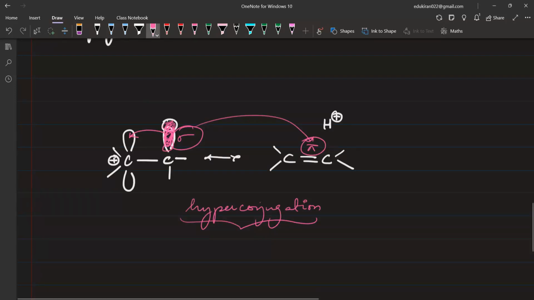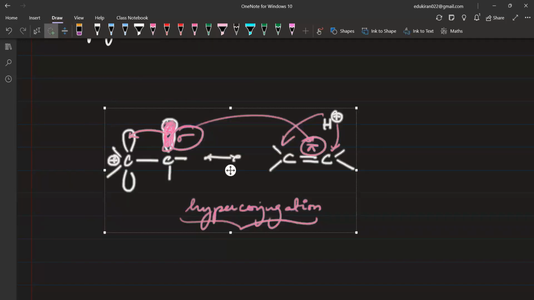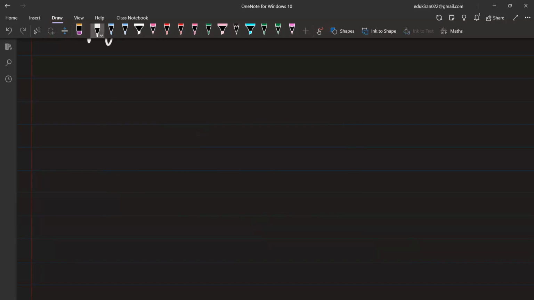Now, this hydrogen can further add on to this carbon or that carbon. That is another thing. But I hope all of you understood the basis of hyperconjugation and how it occurs. Now, obviously, there are two conditions which are required for hyperconjugation. You guys can see the screen. Yeah. So please write conditions for